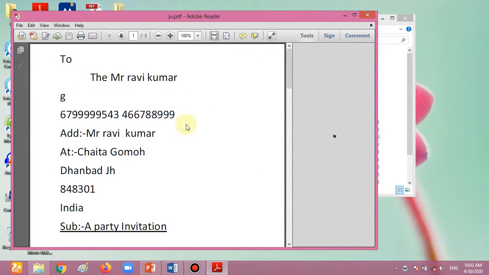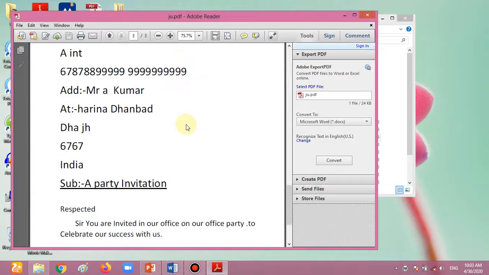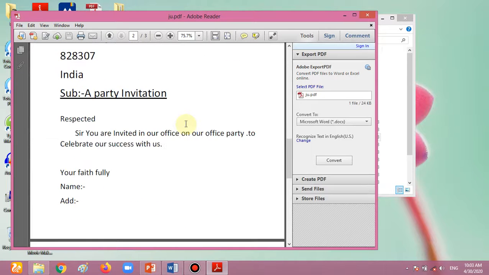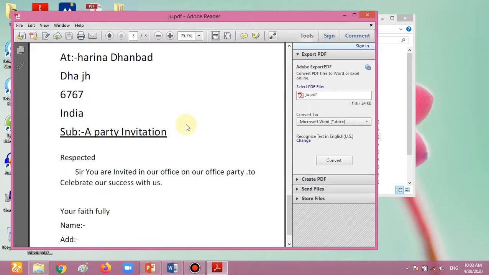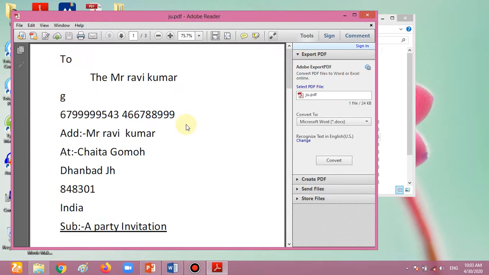We have Ravi Kumar, 1 page, 2 page, and 3 page. How many pages did we write? Only 1 page. And how many pages do we have as output? It's 3 pages. So if you write 50 data, then we have 50 pages, and if you write 4 data, then we have 4 pages. And how many times must it be saved? 4 times. Writing one takes a certain time, and writing 4 pages would take 4 times that time, so this saved our time.